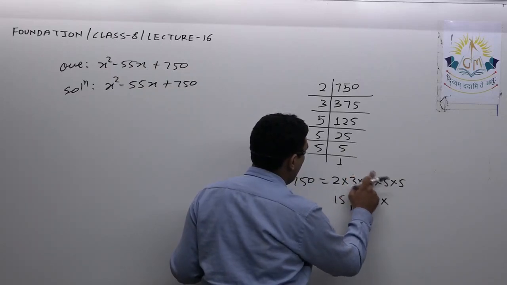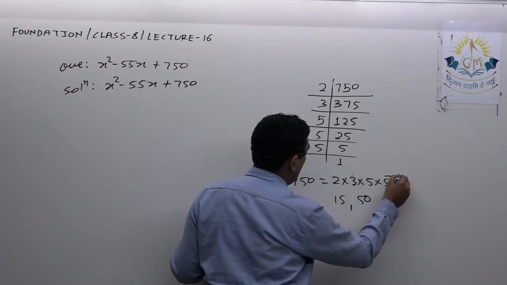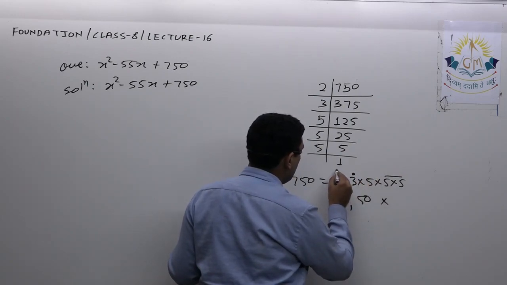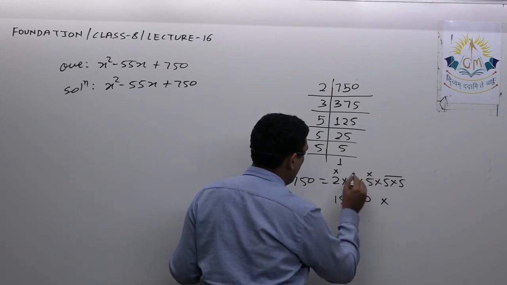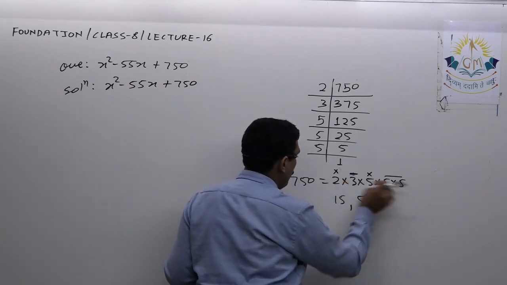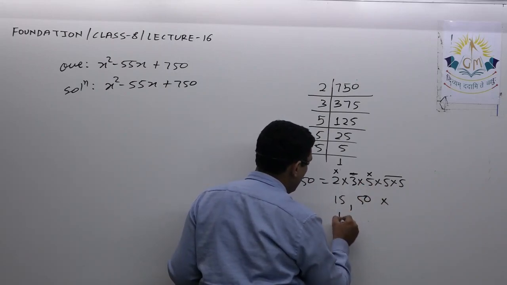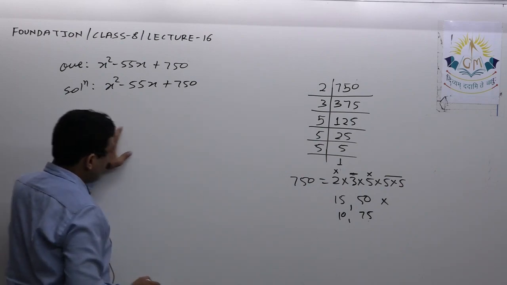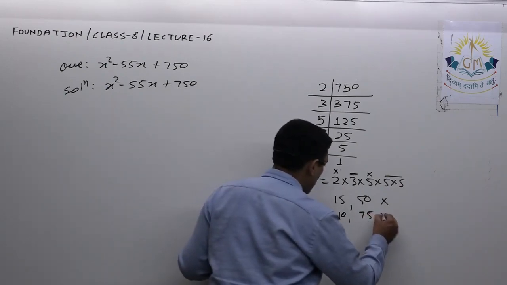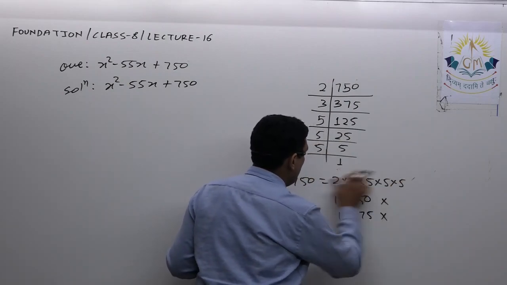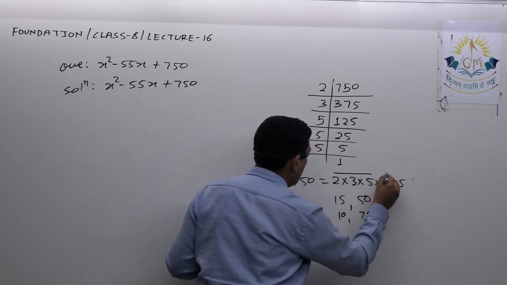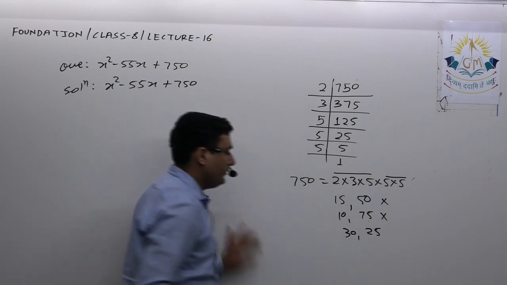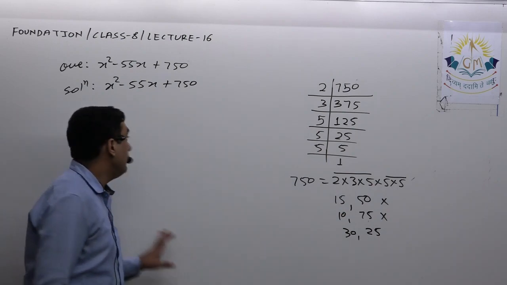Okay, now if I take these two 5 along with these 3, okay, and remaining 2, that is 2 and 5 together, so 25 into 3, 75 and 10, 10 and 75. So again their sum is 85 and difference is 65. So this is again not the correct combination. So now if I take these 3 together and these 2, so here I will get 30 and here I will get 25. Yes, 30 and 25, their sum is 55.